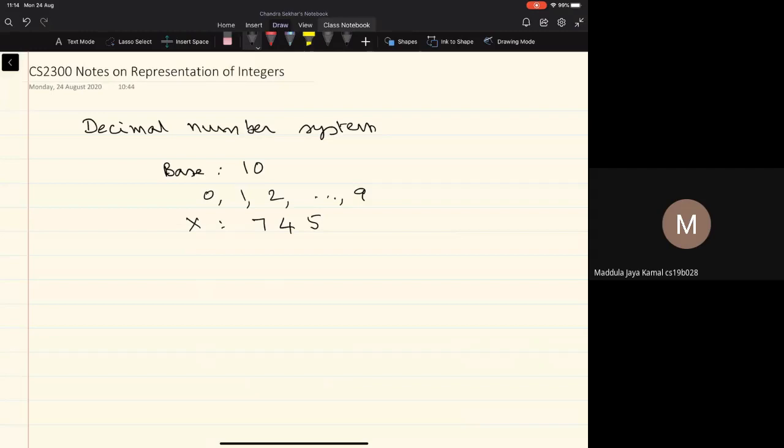So basically the sequence of symbols, where each of the symbols can be one of these 10 symbols in the base 10 system or the decimal number system, has a value. And the position of each of the symbols in the sequence also has a weight. So that's why these kind of systems are called the weighted